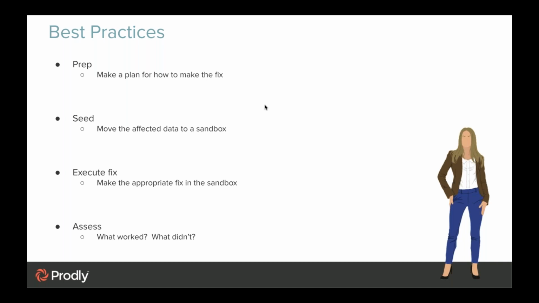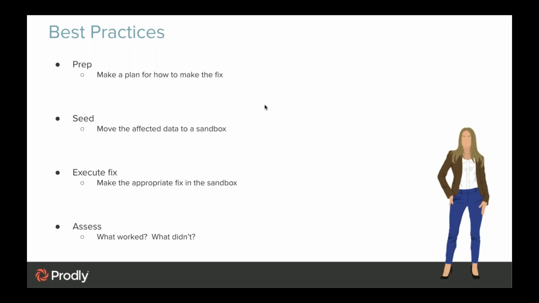So when it comes to talking about best practice overall, generally you want to have a plan in place. There's a prep stage that's usually involved. This could be across departments, where a team would get together and say, hey, this is something that our sales team noticed. This is how it's affecting the sales team. What can the business users and other dev teams do, how can we approach this? From there,